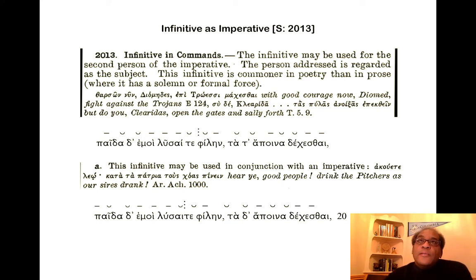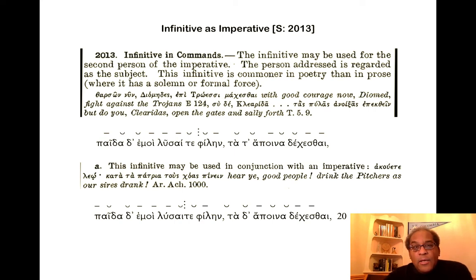Now, modern textual critics or people who've done editions of Homer since Farr generally read it differently. They read, as we see at the bottom, paida de moi lysai te philen, ta d' apoina dechesthai. And lysaite is the optative, the aorist optative of polite command or suggestion. And that coincides with what